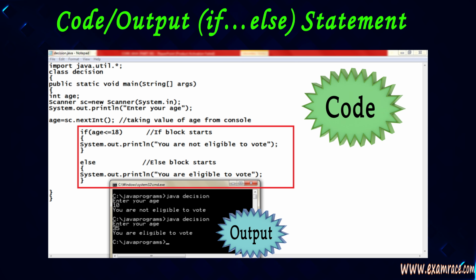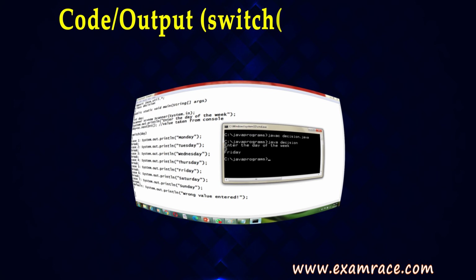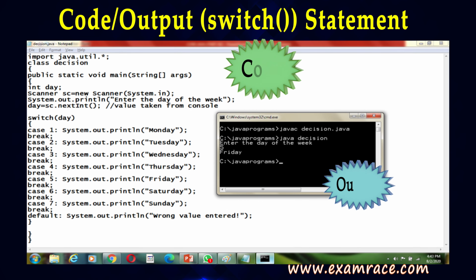Otherwise another statement, you are eligible to vote, will be printed. According to the input provided by the user, the output will be printed. So if the value is less than 18, then one statement will execute, otherwise the last statement will execute.